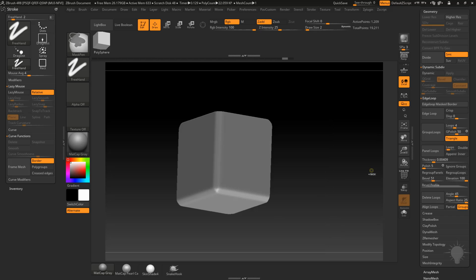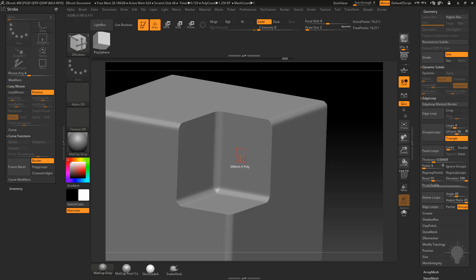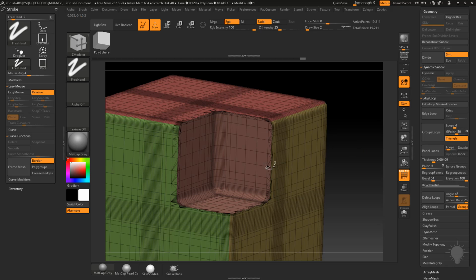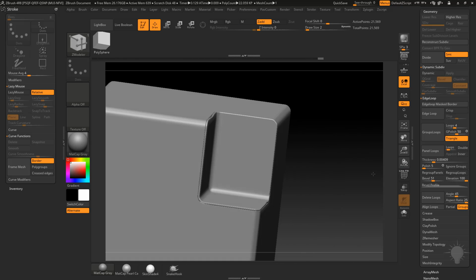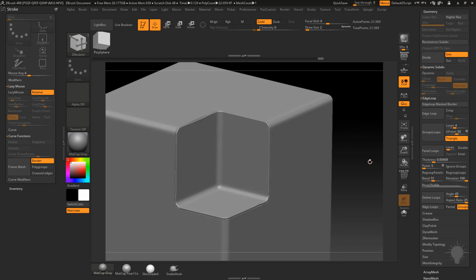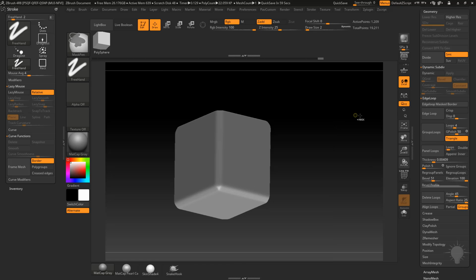And of course, you don't even need that mask. So if we just have these selected here, so this is all one polygroup now, I can just isolate it, hit our panel loops, and now we're getting a different transition between those two edges here. So you can play with the settings in panel loops to get what you want,